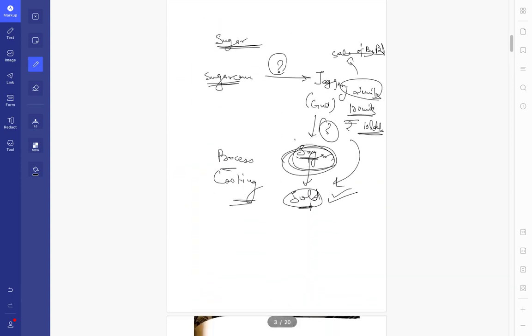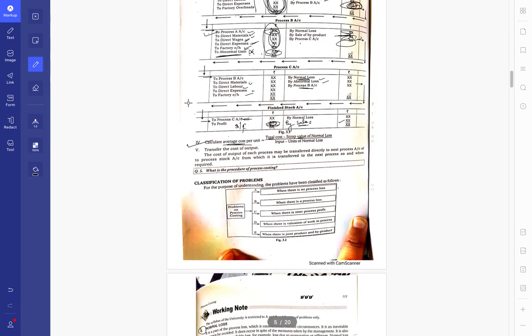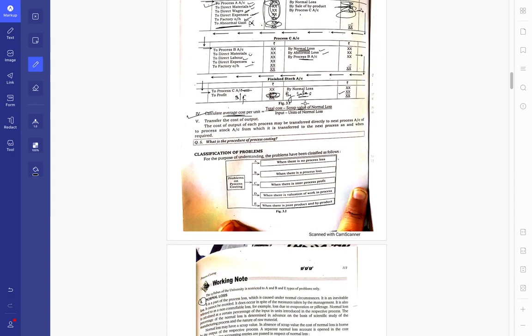Let's say while manufacturing sugar in your current process, you sold two units, and you have another 2 units of raw material which is not usable. It can't be used. You need to throw it away. So what you would do is you would give it to a scrap vendor. The scrap vendor, let's say, is able to provide you with 1000 rupees per unit. So you would be getting 2000 rupees. So that would be your scrap value of normal loss, 2000 rupees in this particular case.